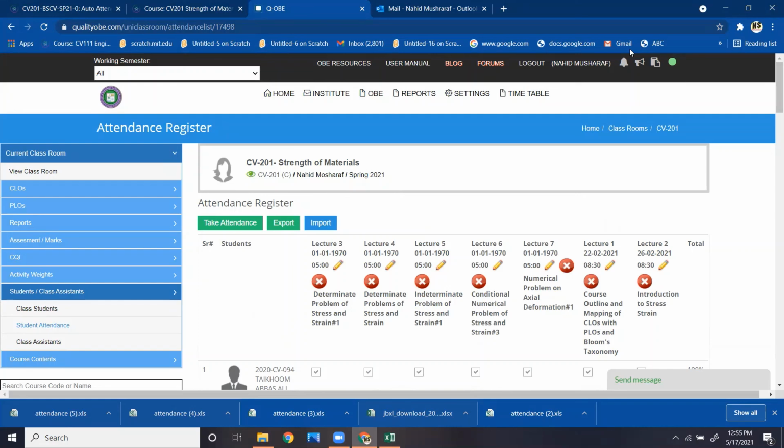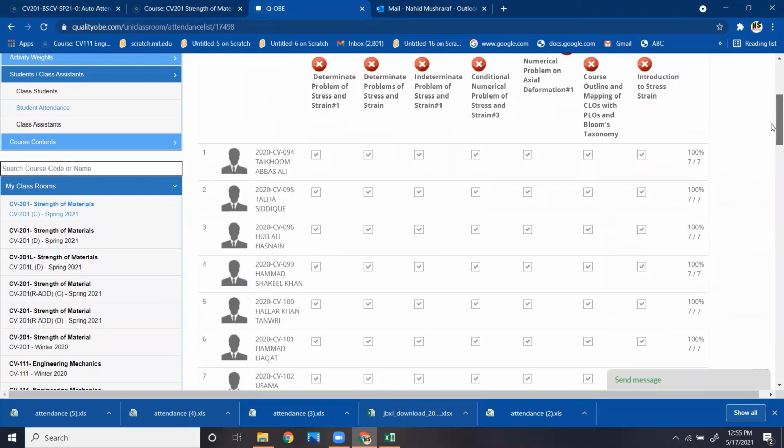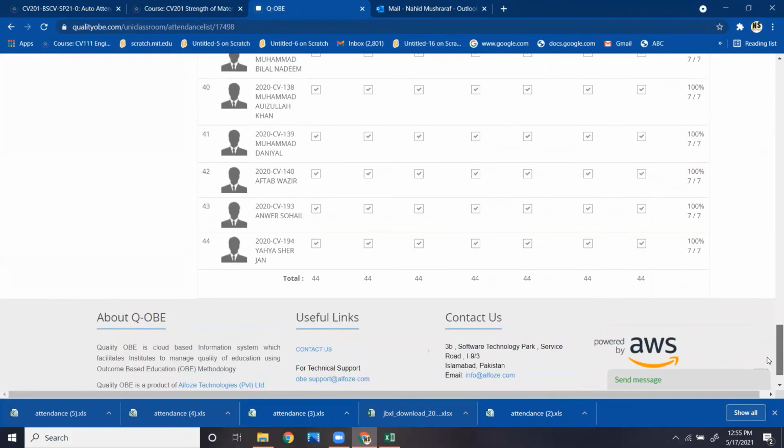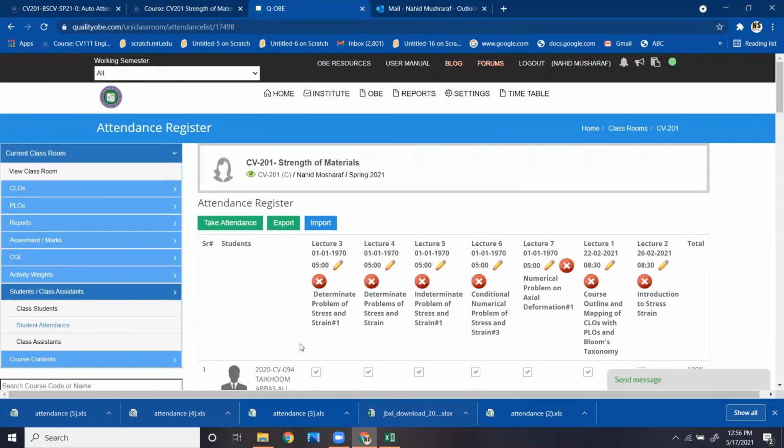You can do it at the end of the semester as well, but there is a timeline that we have to upload the attendance right now. So you can upload the attendance over here in a single attempt. You just need to change the date and time, and it will not be as time consuming as uploading the attendance of the students one by one, ticking and leaving the space. So you will find it the easiest solution.